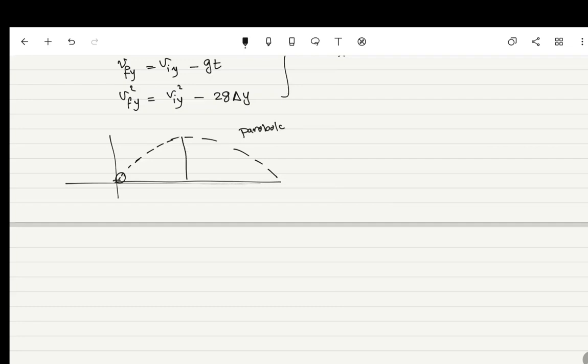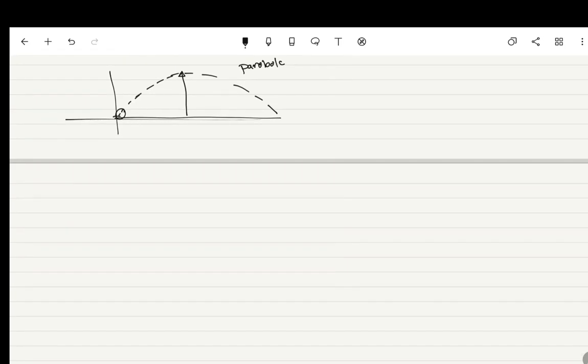This is the maximum height here. Okay, so let's prove this one here. x final equals v x initial t plus x initial, and since x initial and y initial are at the origin, 0, 0 in this case, x final equals v x initial t,